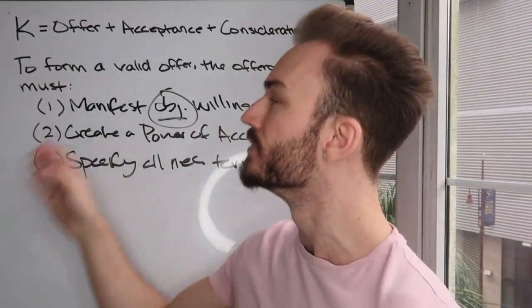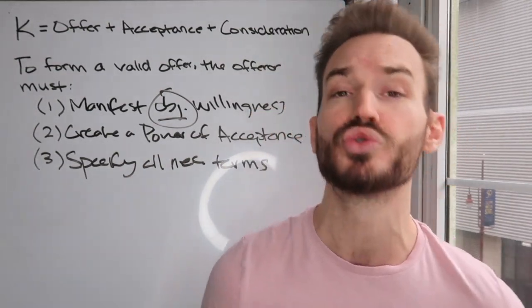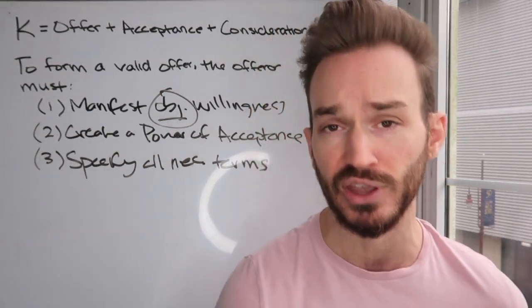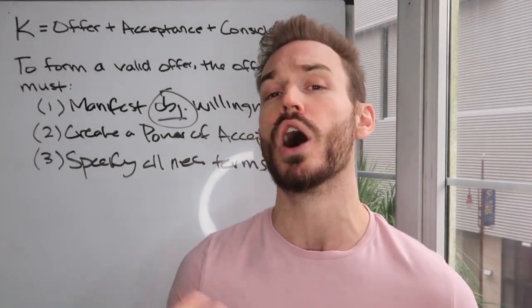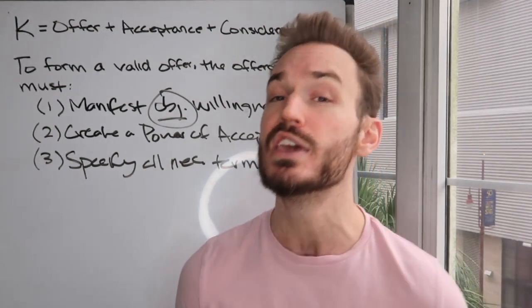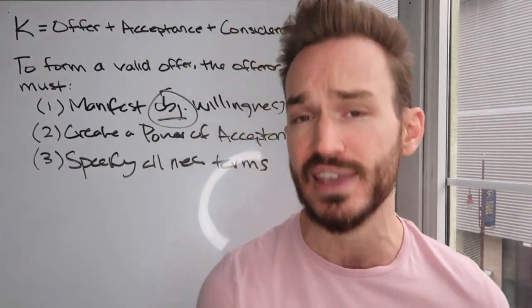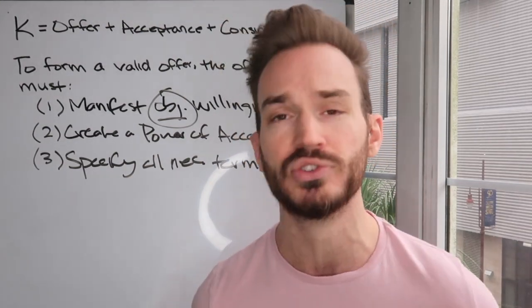Moving on to the power of acceptance. So to form a valid offer, the offeror must create a power of acceptance in the offeree. What is a power of acceptance? Basically, if the offeree can say, I accept, and know that he or she has concluded the deal, then you have power of acceptance. So if I look at you and say, I offer to sell you this dry erase